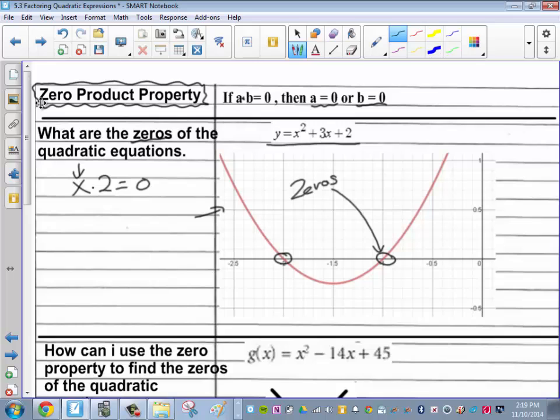And we're going to figure out how you can find these zeros without graphing the quadratic equation. Sure, you can always graph the quadratic equation. That's doable. But we're going to figure out algebraically how to do it, especially if you don't have a graphing calculator. You can use it to double check your work, but gosh, it takes a while sometimes to graph some of these. So I'm going to show you how to find these zeros by factoring, using the zero product property,